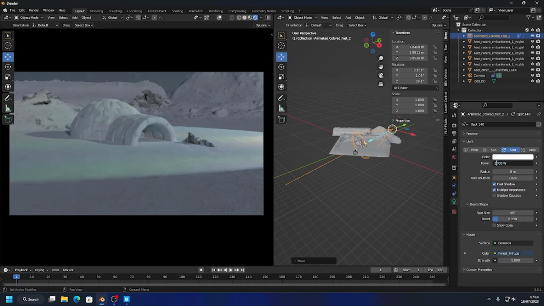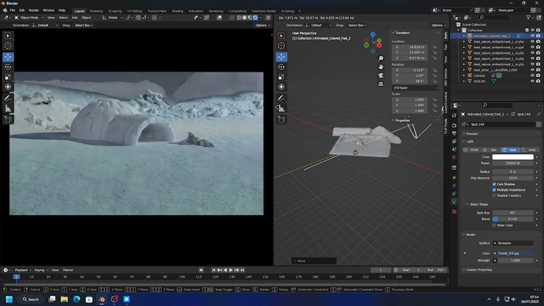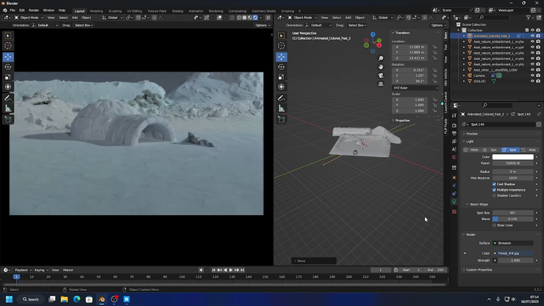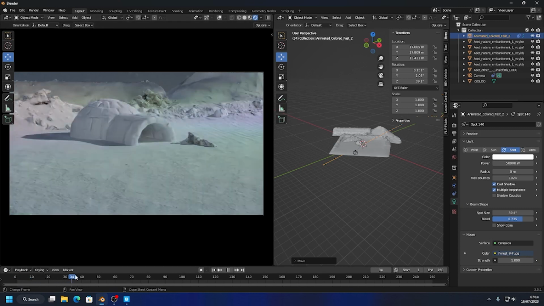For example, if I change this to 5000, let's add an extra 0, see what happens. Cool. Maybe that's too much, but maybe we could just pull it back, just cover more of the area. Change the blend. We can blend it more until you're happy with it, and because this is an animated light, you can see as I drag. The cool thing about this one is it's animated,